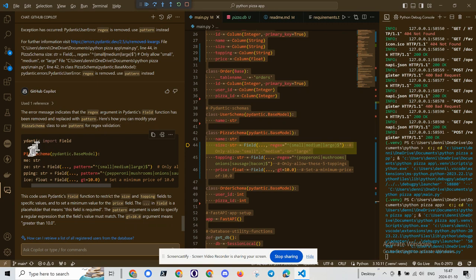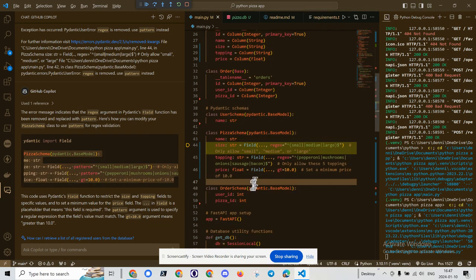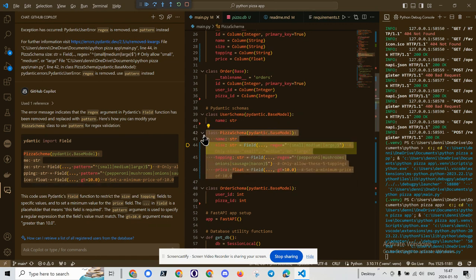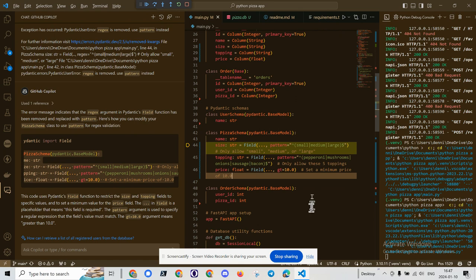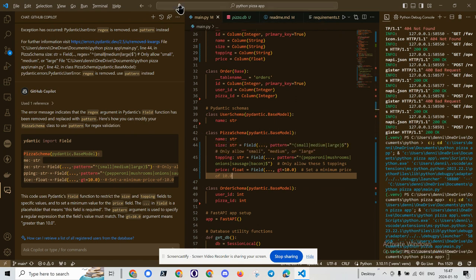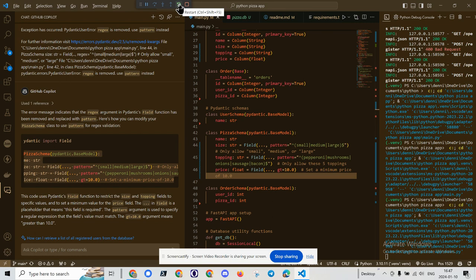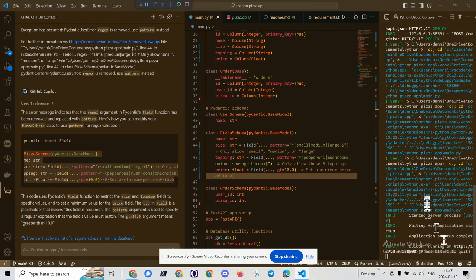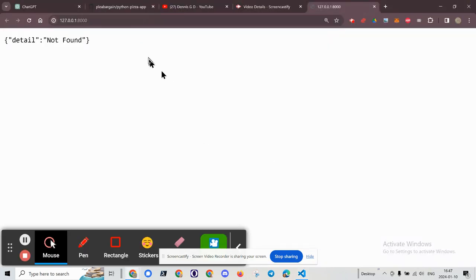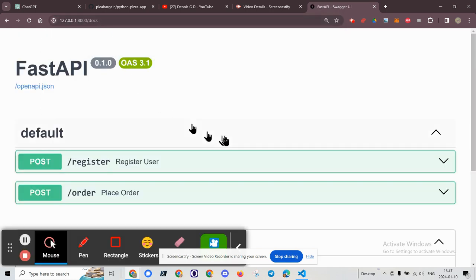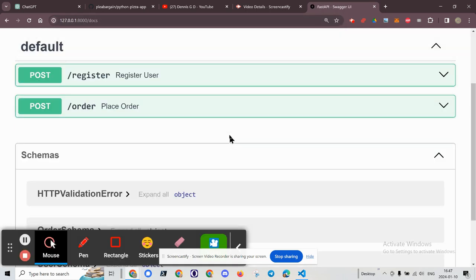And now I'm going to try one more time. Control C, Pydantic base model, Control V, Control S, refresh. No errors so far. All right, and looks like we've got a new URL. Let me open that. File not found. I'm not expecting anything different. Docs. And now,